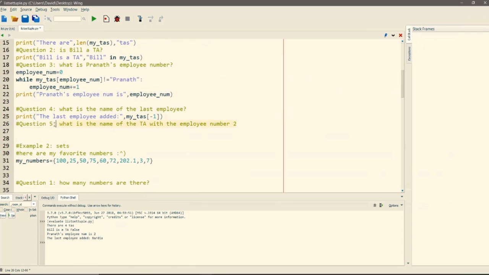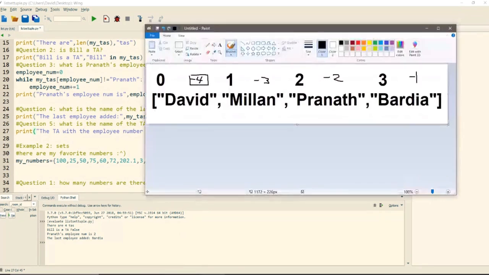Okay. So finally, the last one for lists is, what is the name of the TA with employee number 2? So we want to print the TA with the employee number 2 is, okay. So what we want to do is access the index at 2.